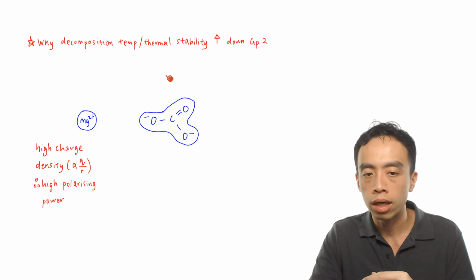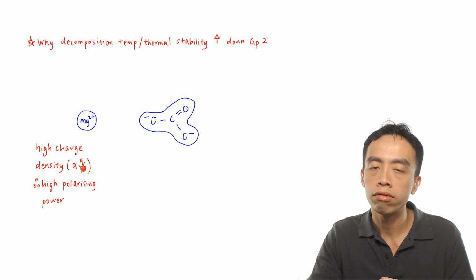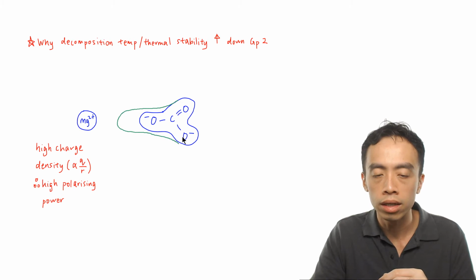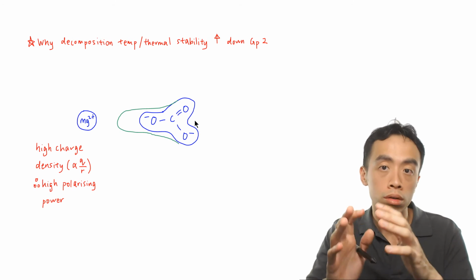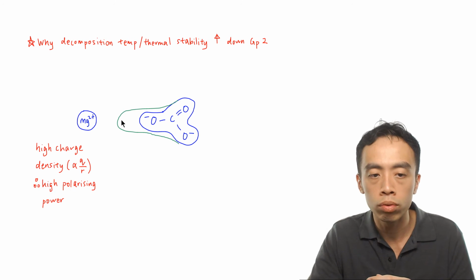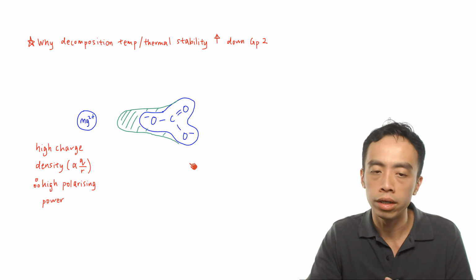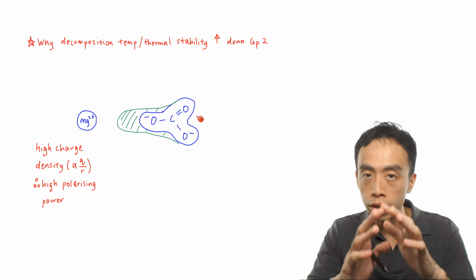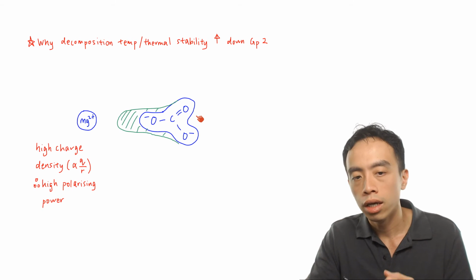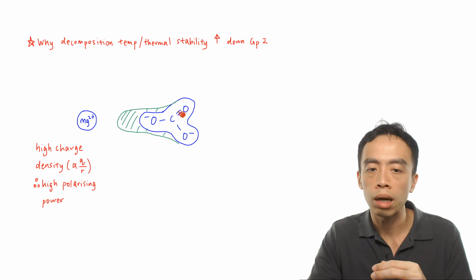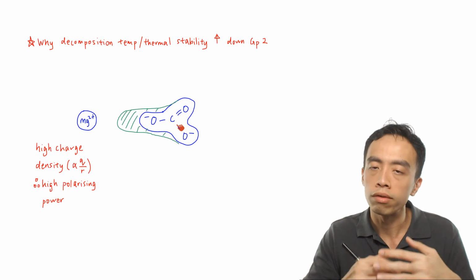what it can do is pull the electron cloud of carbonate towards itself, and there is a distortion of this electron cloud. So this Mg2+ can actually pull the electron cloud of carbonate, and some of this electron cloud, which is supposed to be surrounding our carbonate, is now pulled towards our Mg2+. Now, the consequence of this distortion is that the electron cloud is actually used by carbonate, that means this carbon and these 3 oxygens, to interact within itself. So this electron density is used by the carbon and 3 oxygens to interact within itself. Therefore, each of these carbon-oxygen bonds will have a certain strength, a certain stability.